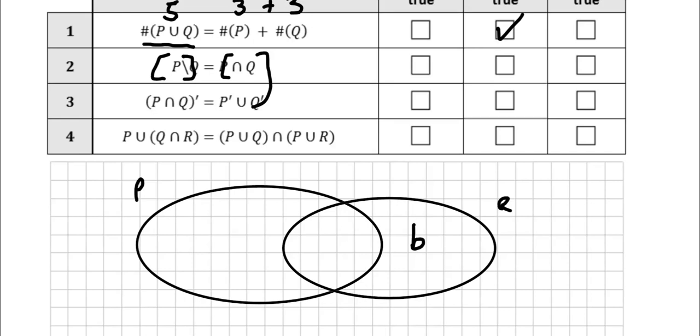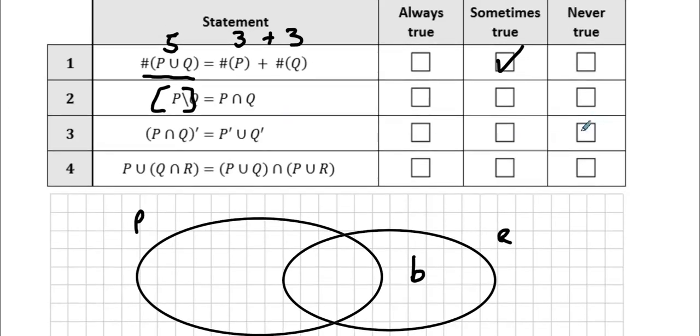So the answer in the marking scheme is never true. Everything in P that's not in Q is the same as P intersection Q. Now here's a scenario where P has nothing in common with Q. So everything in P that's in Q is empty, and it's hard to know if this set exists. So I'll actually show this example now. The answer in the marking scheme is never true, but here's an example